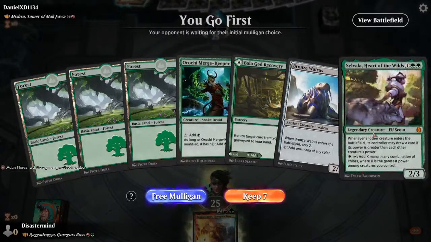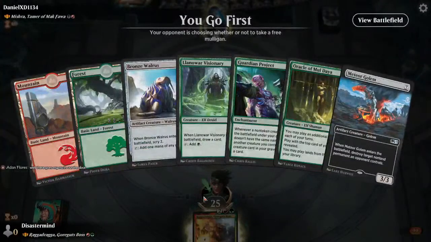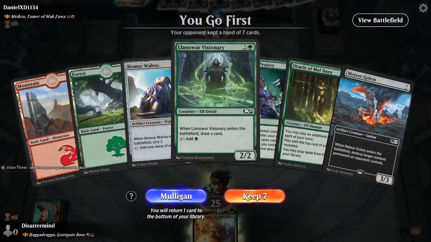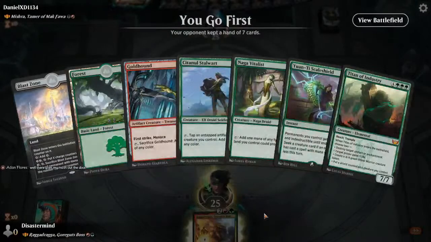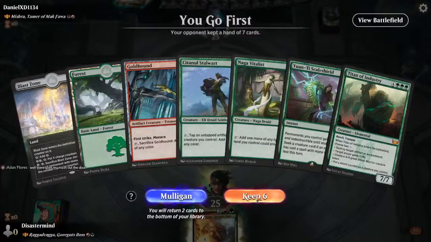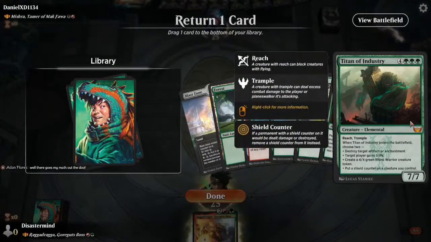But we don't actually have a payoff for any of our dorks here, so why don't we mulligan that? Shit. Both of our dorks here actually cost 3. We have to mulligan that. I'm fine with this one. Fine. Yep. Keep 6. Get rid of...